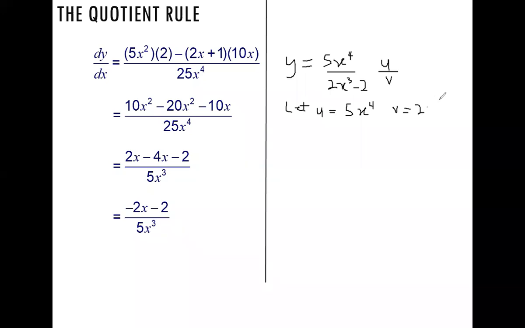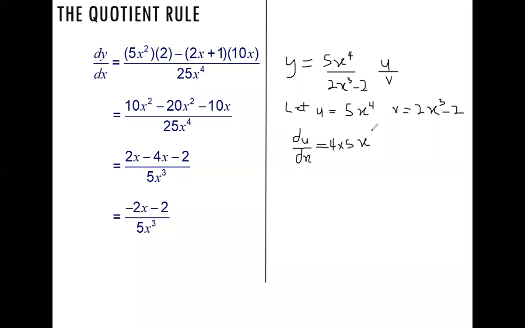2x cubed minus 2. Okay, good. Then what next? We are going to differentiate. So let's differentiate u with respect to x, which is equal to 4 times 5x